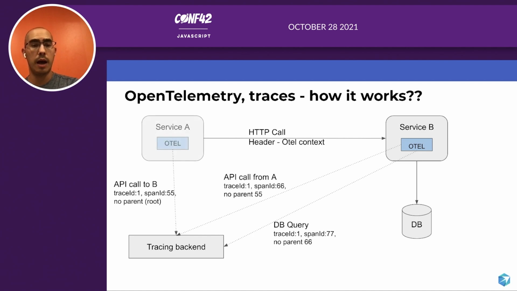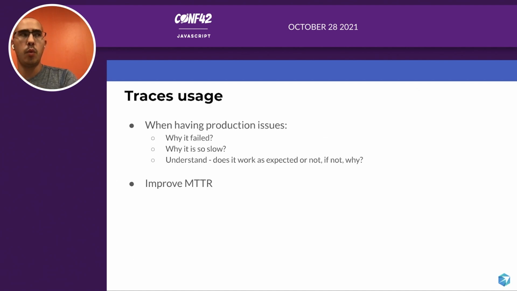Okay, so this is how it works. So when do you use it? We use it mostly when we have production issues. We can use it in other places as well. We can use it while developing. We can use it in our staging environment, but mostly in production. I actually wrote a cool open source on how to use traces in your testing, how to utilize traces in your testing. So you can do a lot of stuff, but the common use case would be